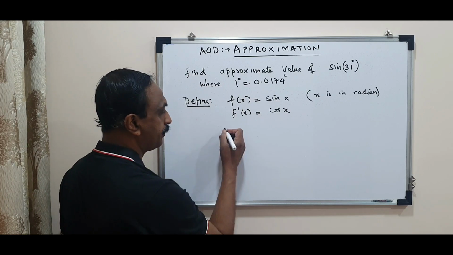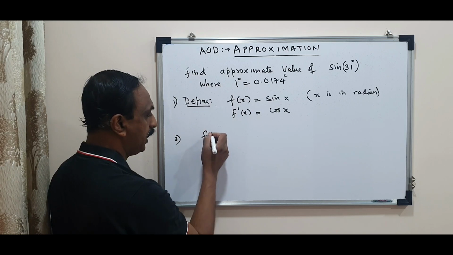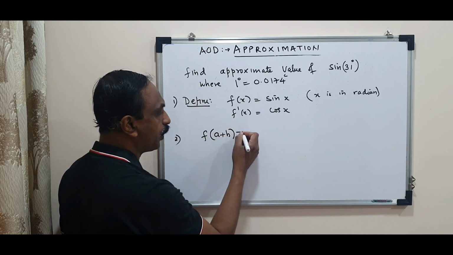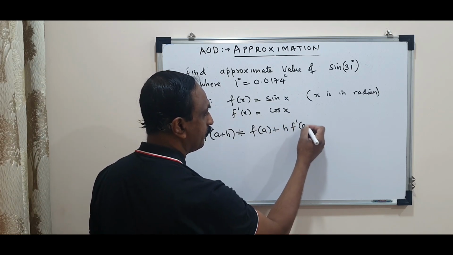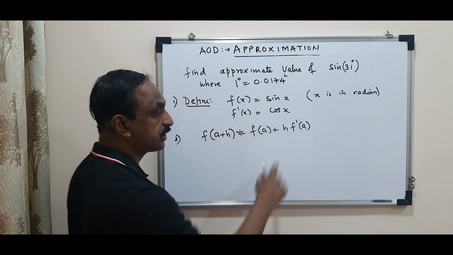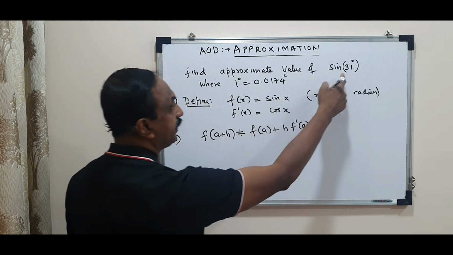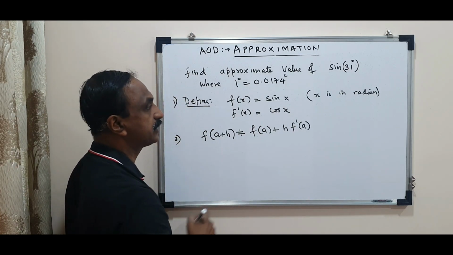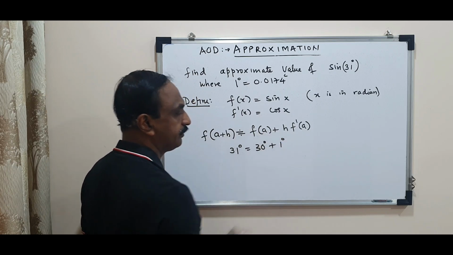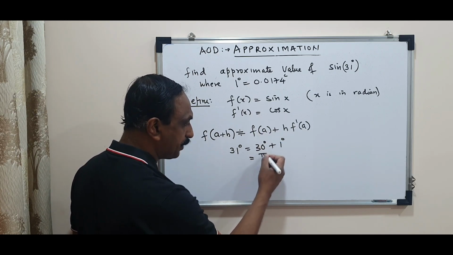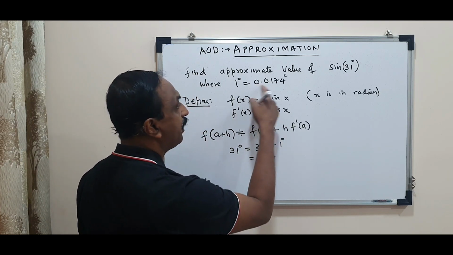Now we'll apply the formula. Step 1 is over, step number 2. F of a plus h is approximately equal to f of a plus h into f dash of a. This formula is applicable only when h is very small compared to a. You must remember that. Now I need 31 degrees to be converted into radians. So 31 degrees is 30 degrees plus 1 degree. 30 degrees I can write as pi by 6. So I converted directly to radians. And 1 degree I have been given in the question,